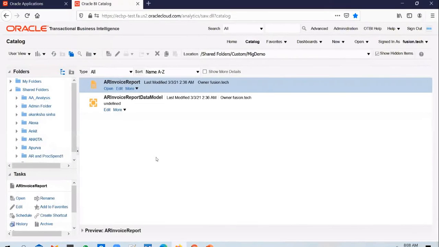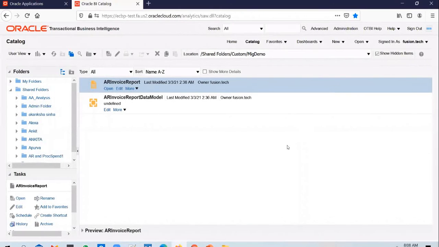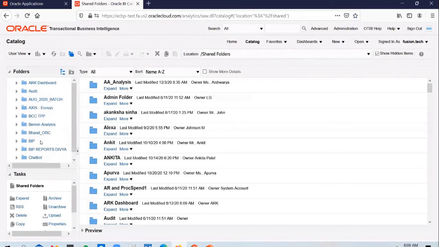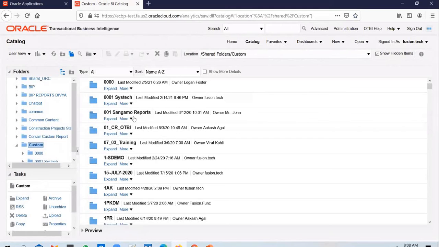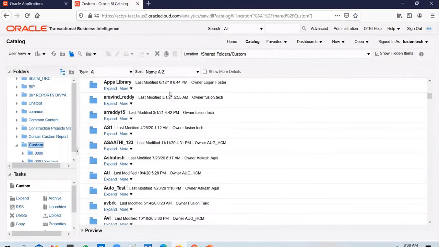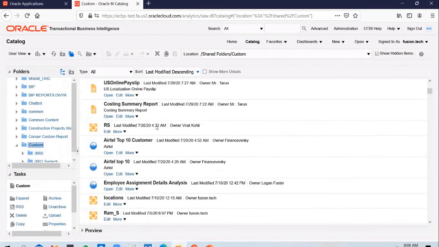And all you need to do is go back into the folder where you want to upload that. You can say, for example, I need to upload it to a custom folder, or within that, if you want to upload to migration demo, you can do that as well.